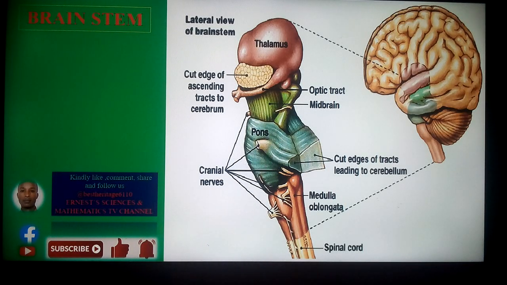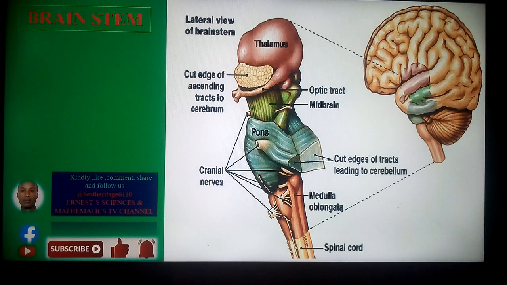Then we have the section referred to as the pons. The pons is situated superior to the medulla oblongata, and it also contains different types of nerves, as we're going to see later in these illustrated sections. This part of the brain takes part in activities like swallowing, balance, and controlling activities such as chewing, as well as other activities like the breathing that we said the medulla oblongata handles. So the pons forms a vital part of the brainstem, and together with the medulla oblongata, they coordinate